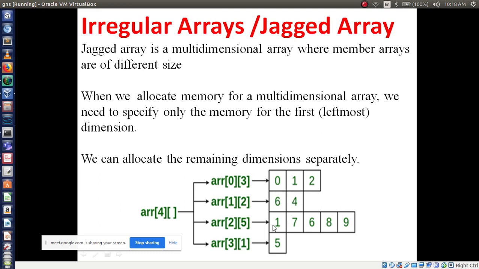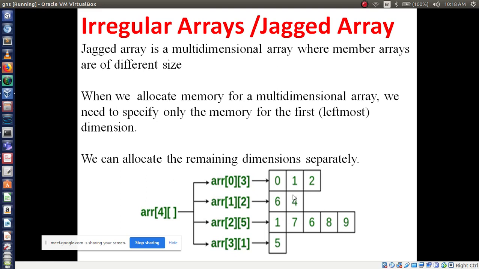And in the second row we have 1, 2, 3, 4, 5 columns. It means you are getting different kinds of sizes, right? Here the array members are of different sizes. So it is called a jagged array. Understood this one? Jagged array. Is it clear?